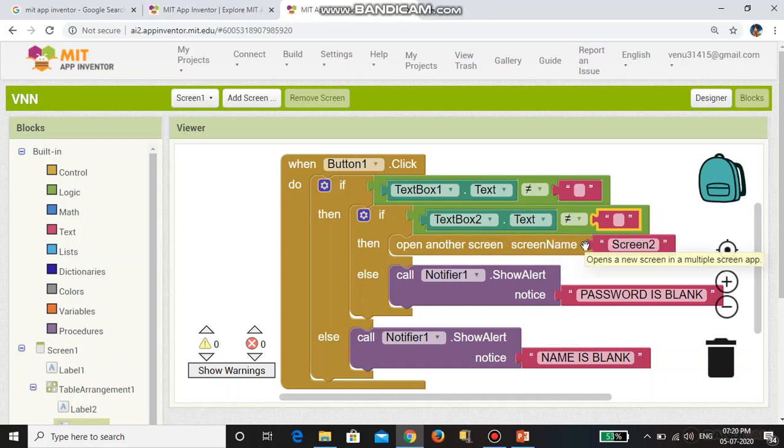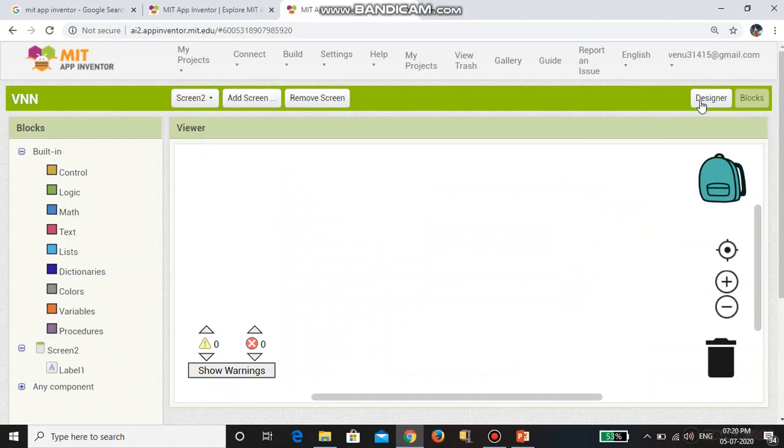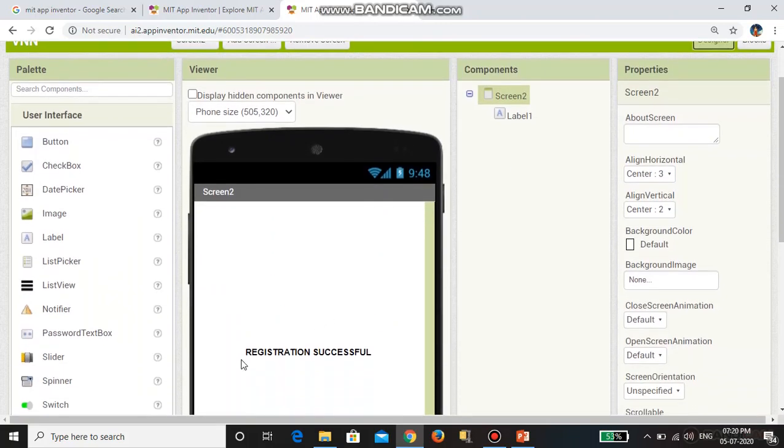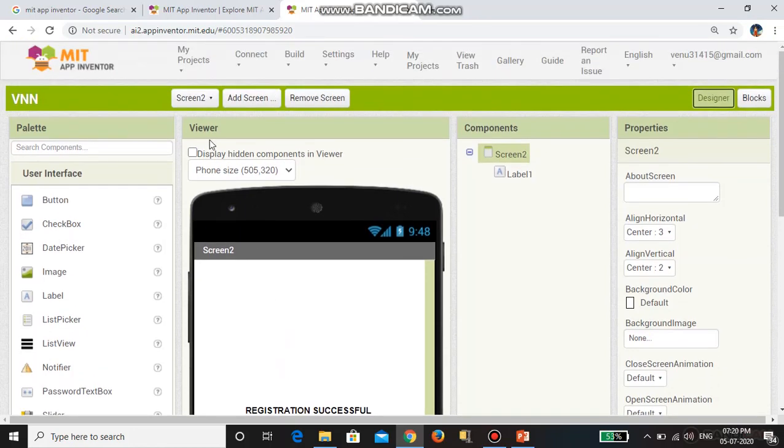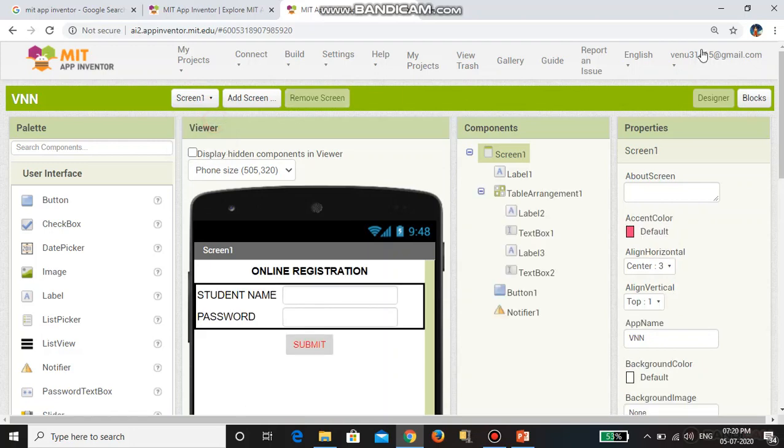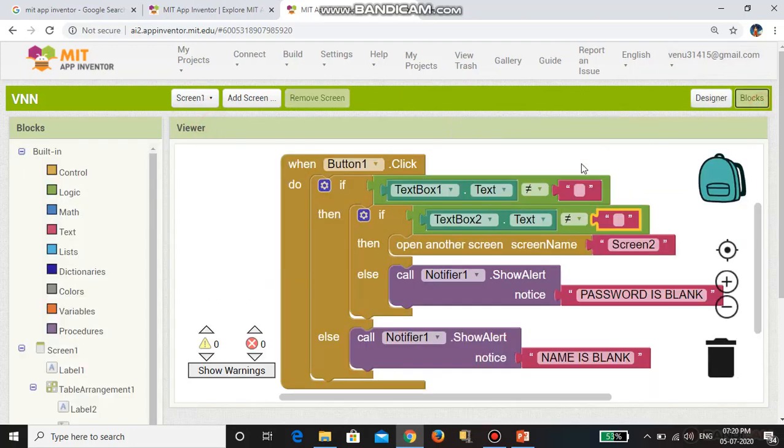If it is not empty, we want to go to screen 2. In screen 2 we have the message: registration successful. So we want to go from screen 1 to screen 2 only when text box 1 is not empty and text box 2 is not empty.